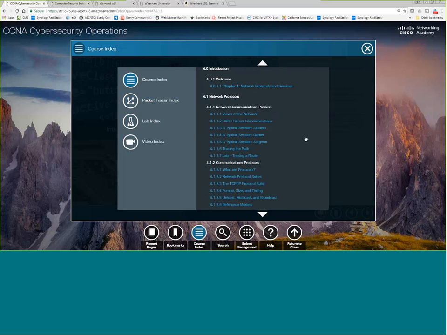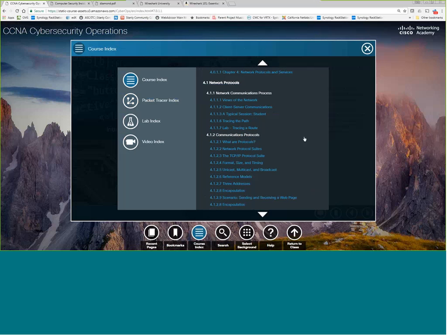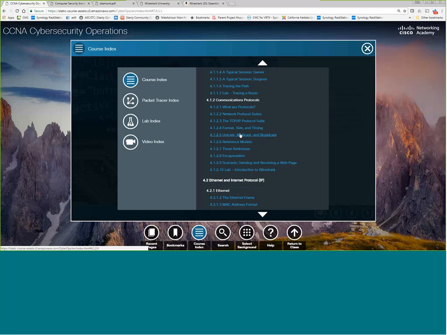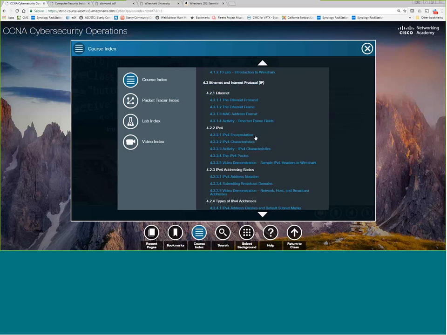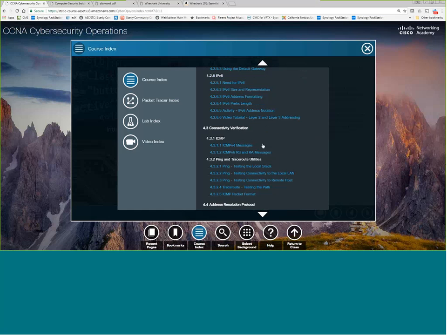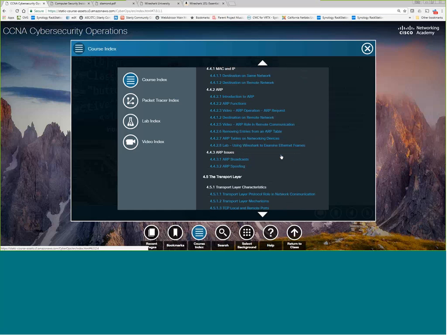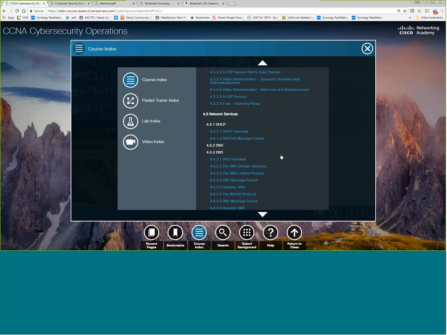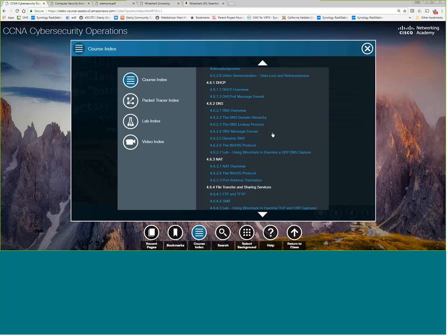Depending on the level of your student, you may be able to blow through it pretty quickly because, again, if we've had CCNT, you should know about the TCP/IP protocol suite and unicast, multicast, broadcast. All of that you should know. And even the IP addressing and all these things. Chapter 4 is all something covered already inside of our CCNA. Same thing with these services, DHCP, DNS.